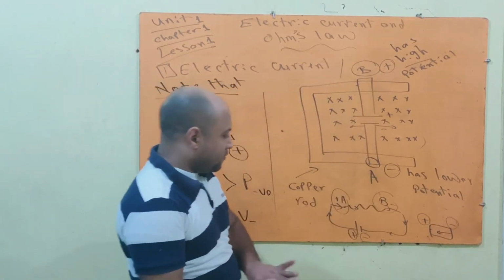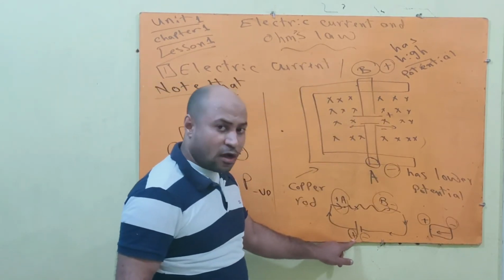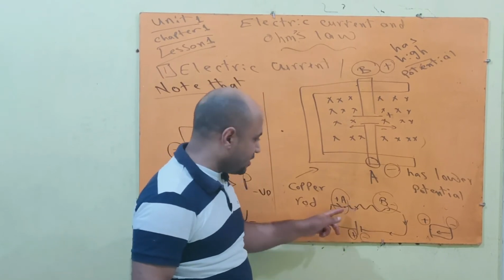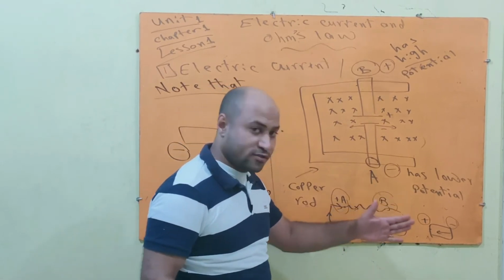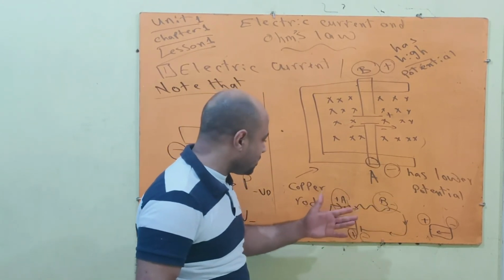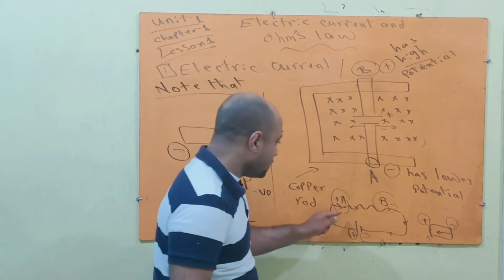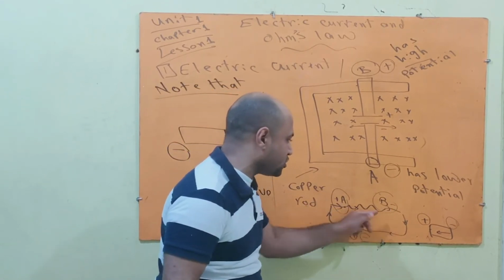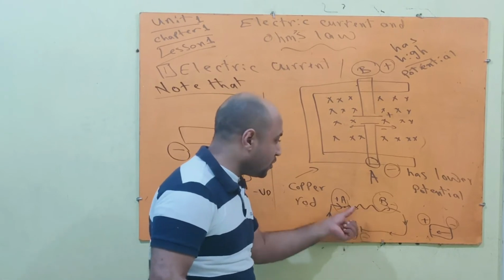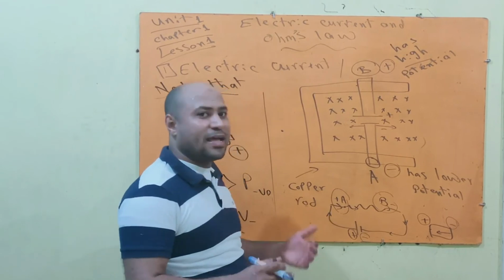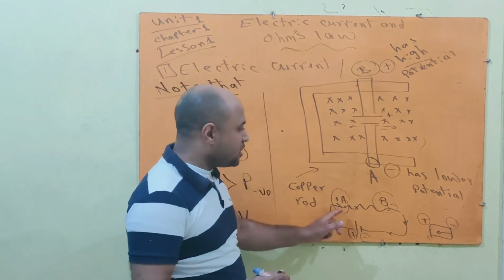So again, in the cell, positive is higher than negative. In the electric resistance wire, for example, a rod of copper or a lamp, whatever, the current moves from the point of higher potential to the point of lower potential, from positive to negative. So in a wire that does not generate the current itself, a wire that receives electricity from a source, okay? So point A